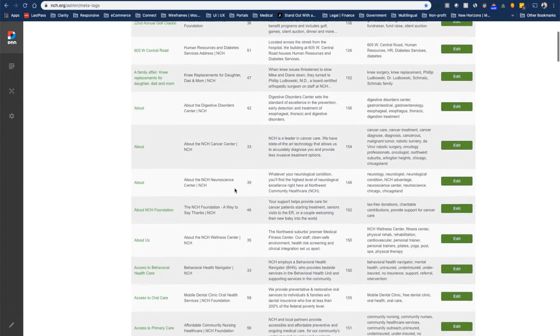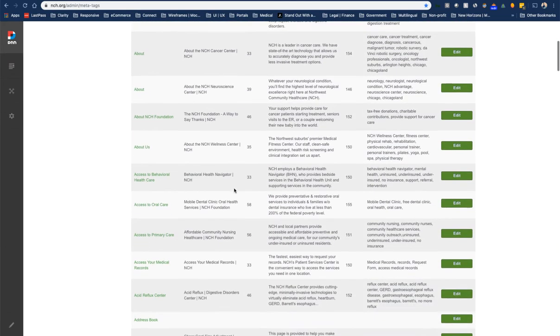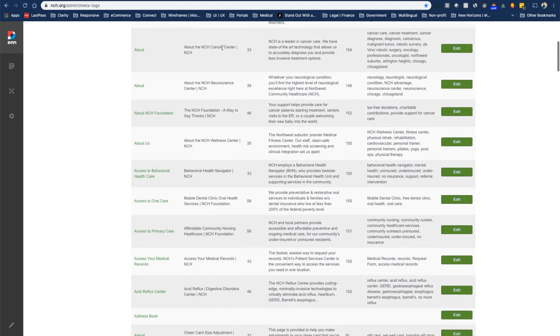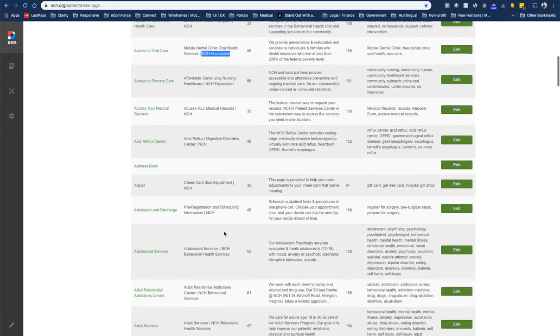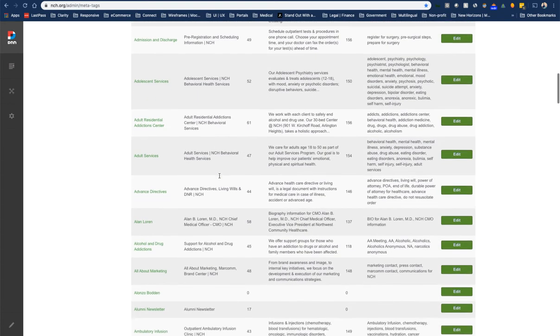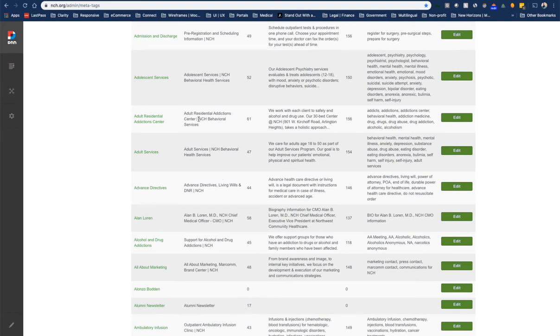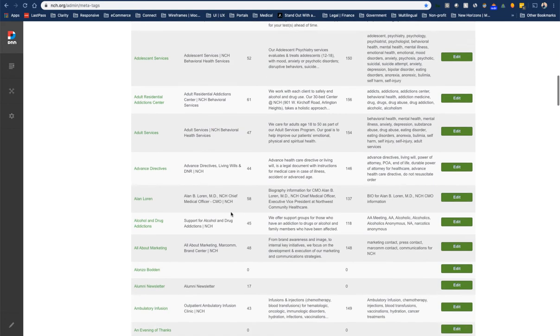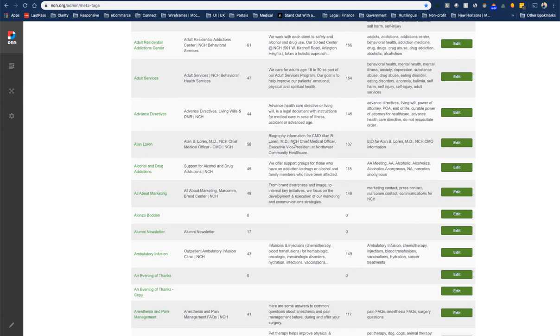So as I start scrolling down through these pages, you can see that obviously I went through here because everything has a nice vertical bar NCH. They have two main organizations. It's either NCH or NCH Foundation proper. So pretty much as you scroll down through all of these titles, you can see, and obviously here's one that is not indexed, is blocked, so I didn't spend any time doing that. But you'll see that everything has a really nice, looks like they've gone in and added some additional organization information here, but they've got some nice titles, nice meta descriptions,